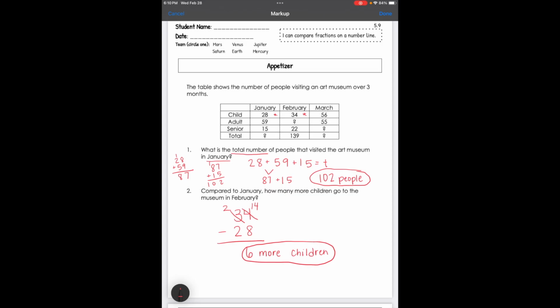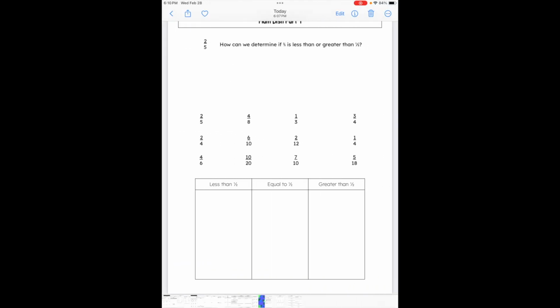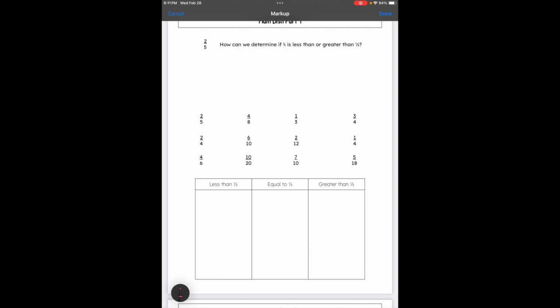All right, let's get going with today's lesson. Today we're going to start talking about comparing fractions using greater than, less than, equal to. So first we're going to look at the fraction 2/5, and we're going to ask ourselves, how can we determine if 2/5 is less than or greater than a half? So kind of think to yourself,